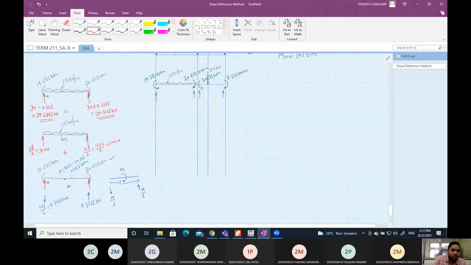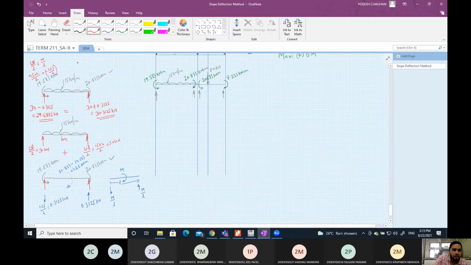You can apply the principle of superposition, or simply you can directly calculate this. See, for this end, for this load it will be WL by 2 plus for this it will be M by L. Okay, so what is W? 15 into L, 4, divided by 2 plus moment. Now you have to take the net moment. So this is acting in clockwise, this is acting in anti-clockwise. So resultant will be clockwise because this value is higher, so it will be 1.25 minus 1.25 by 4.